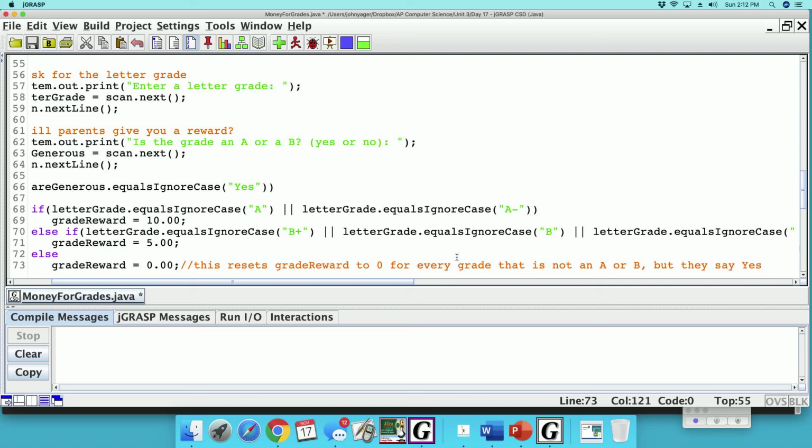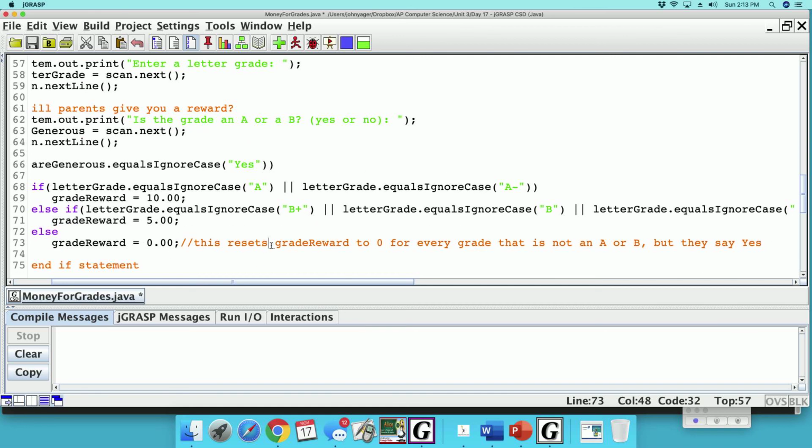Well, if we haven't reset the grade reward as this thing is cycling, let's say the first one is an A, they get a 10. So sitting inside grade reward is 10. So it cycles through the next grade and they get a C. But the person responds yes to the question, are they generous? It'll enter the if, else, if. And if we haven't reset grade reward to 0, then after our if statement here, go to the end,